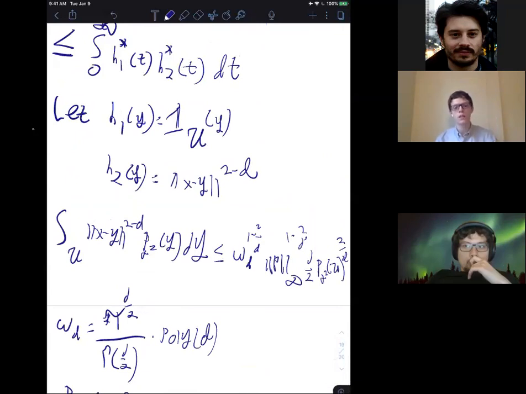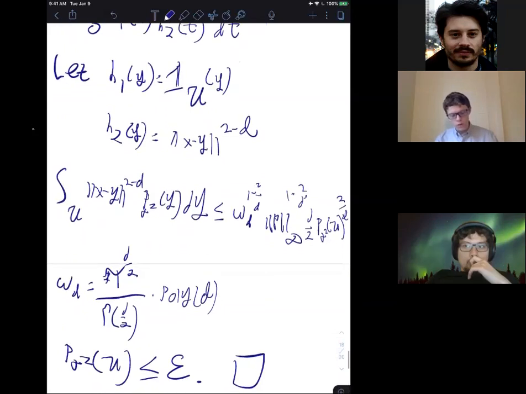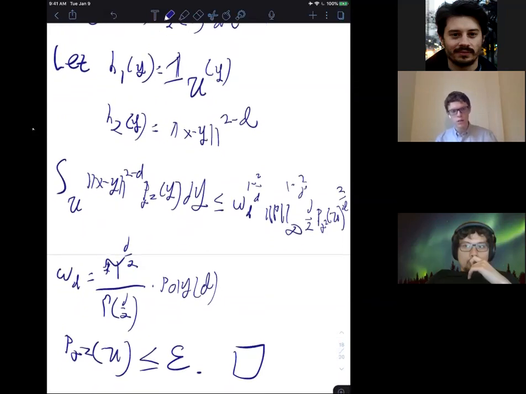Because what really matters is how much time you're spending in a bad set. If you can control the bad set, then you can control how much time you're spending there. But even if f is, say, convex, and maybe del log p sigma squared is maybe convex,